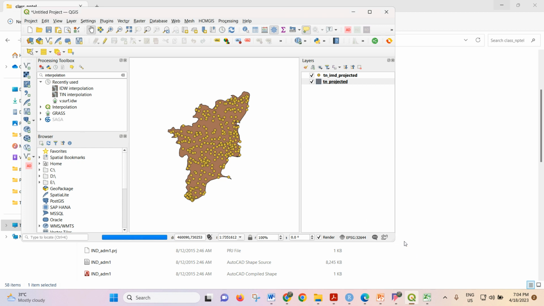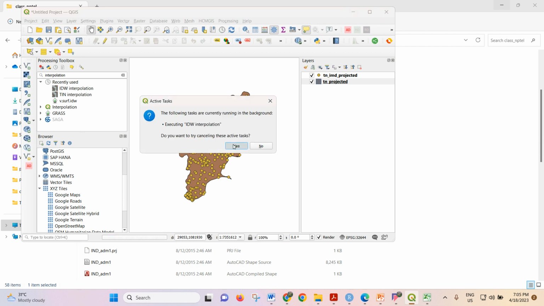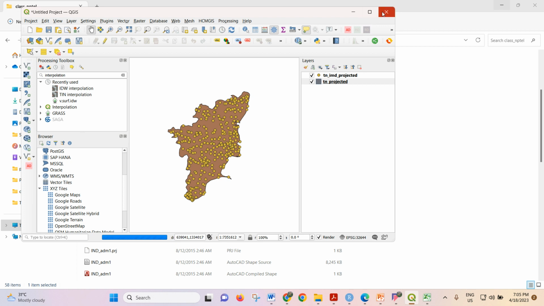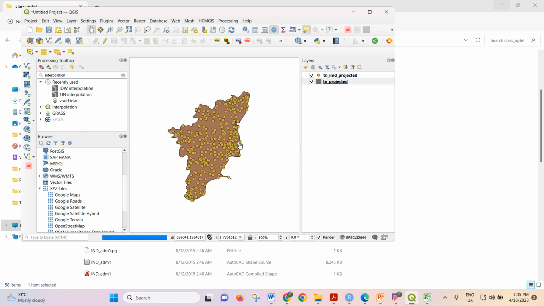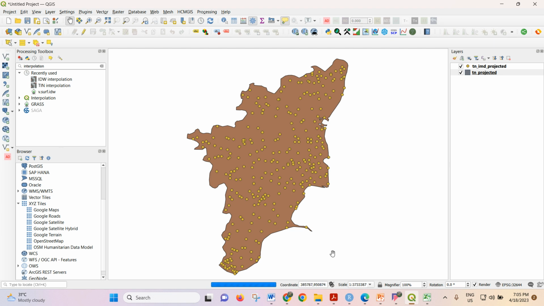You understood how to import this Excel sheet, a CSV file, to your QGIS? Yes. It should work well. Okay, I'm closing this task. It will take some time. Then